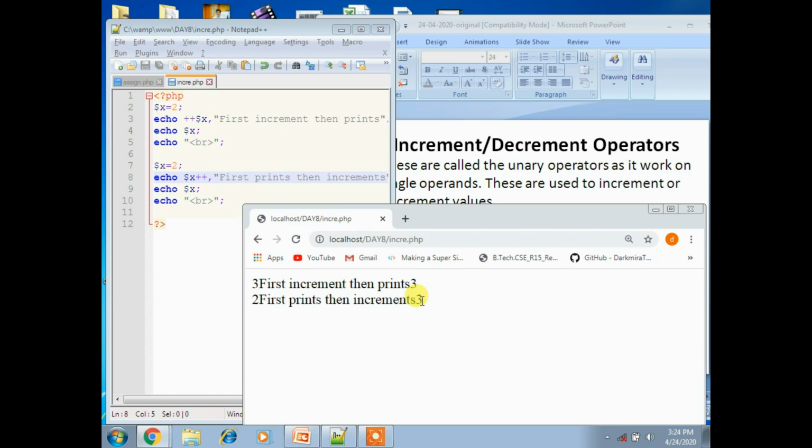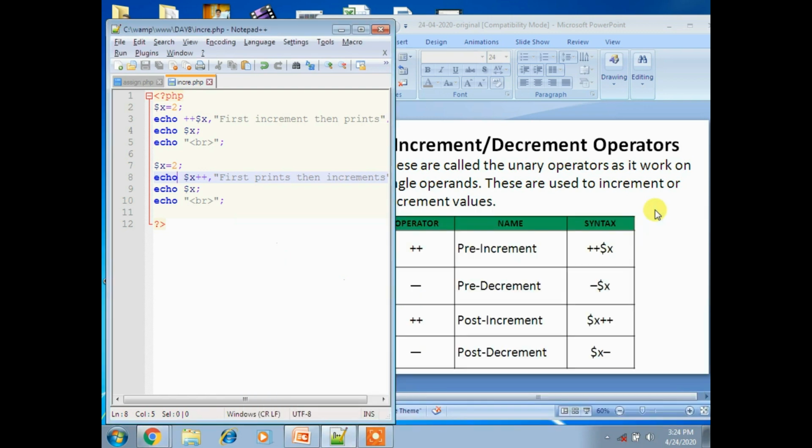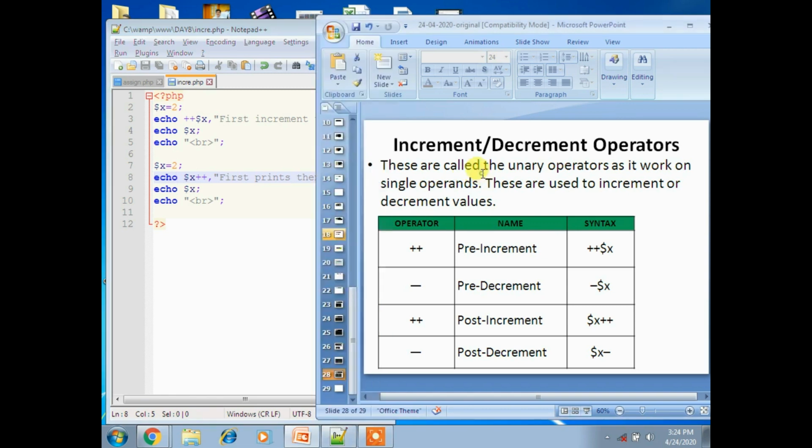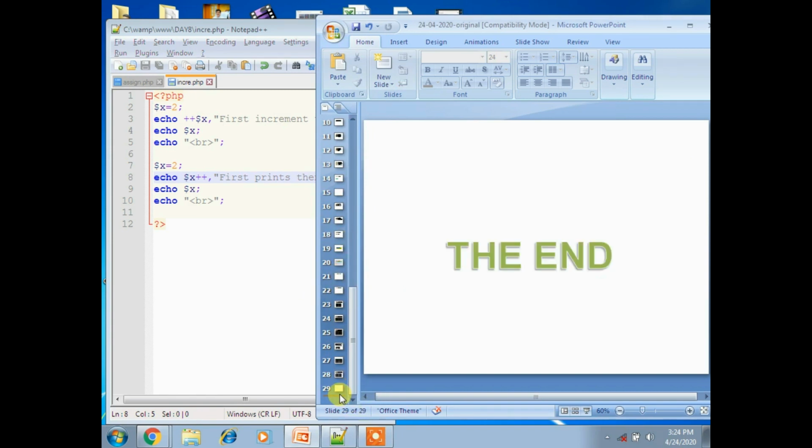And the last one is one more additional operator, the spaceship operator, which was included in PHP 7. These operators are used to compare the values, but instead of returning a boolean result, they return integer values. If both operands are equal, it returns 0. If the right operand is greater, it returns -1. If the left operand is greater, then it returns 1.